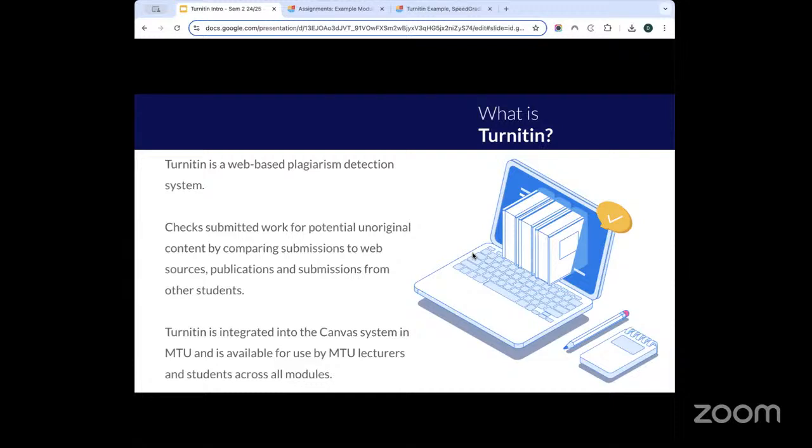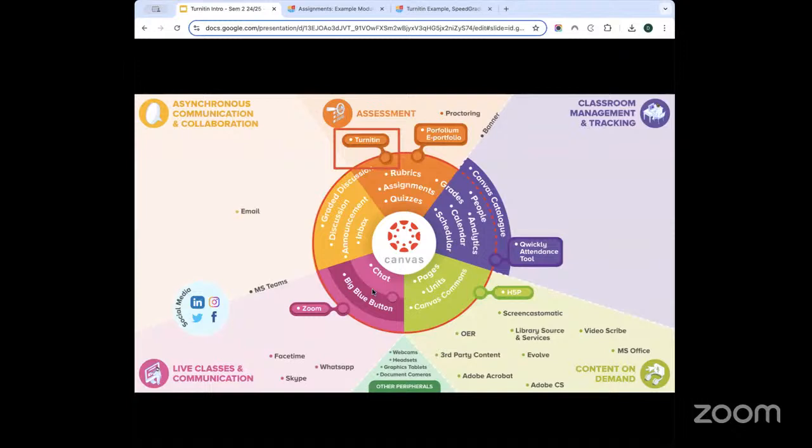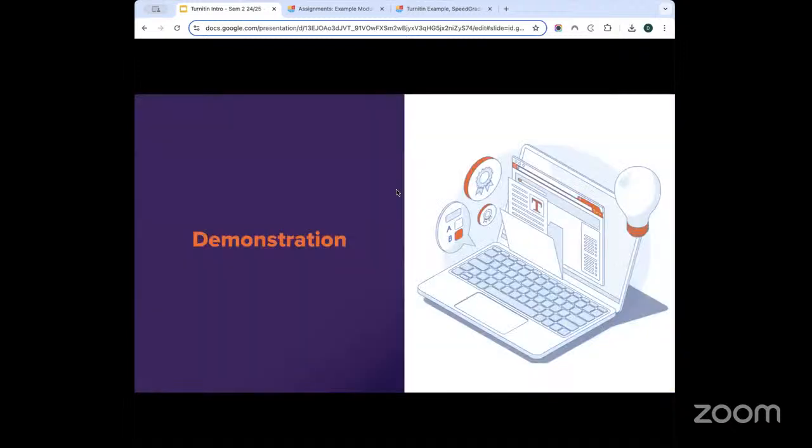So the main avenue to access Turnitin here in MTU is through Canvas. It's fully integrated into the Canvas system, and it's available for use by MTU lecturers and students across all modules. So if this is the digital ecosystem that we use here on the Cork campus, you can see Turnitin is part of the Canvas functionality under the whole assessment area. The best way to take a look at this is to simply dive into